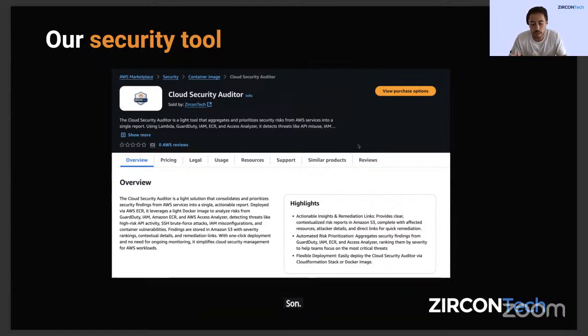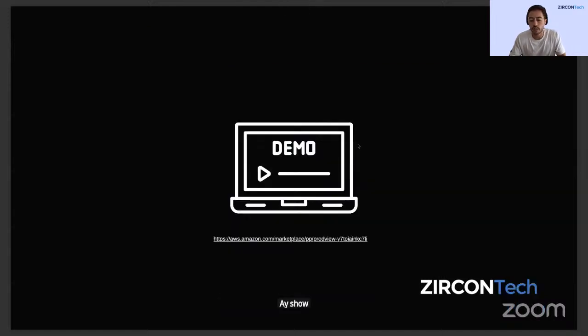So with this in mind, we came out with a small product that we are about to publish in the marketplace, and we call it the Security Auditor. This is essentially a container image product that can be installed using CloudFormation, and we create in minutes a report for you with all the security vulnerabilities and findings in your account, so you can then take action on those as needed, right? So let's now do a quick demo of this tool,